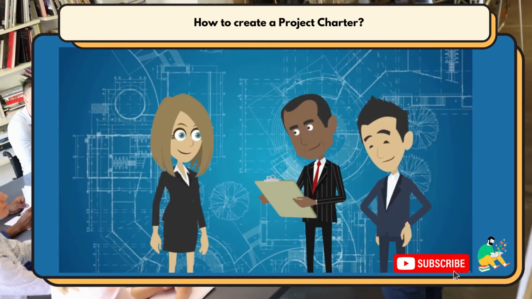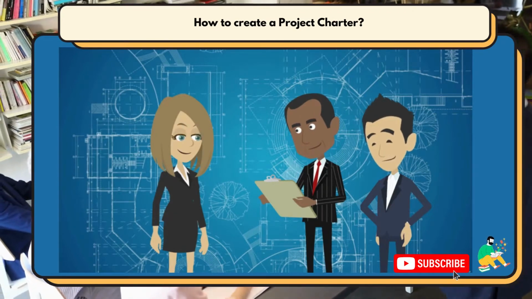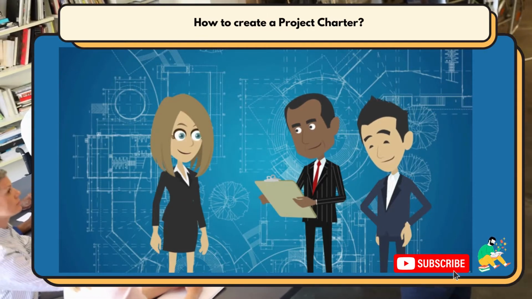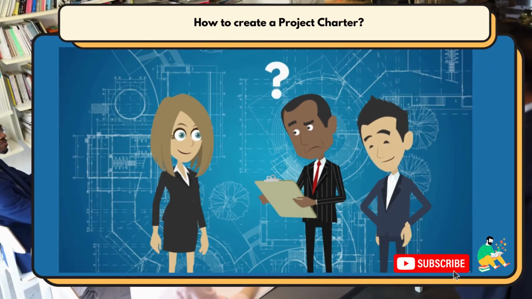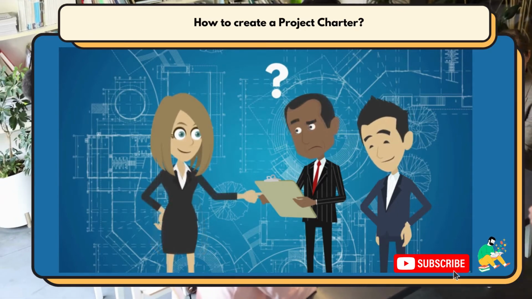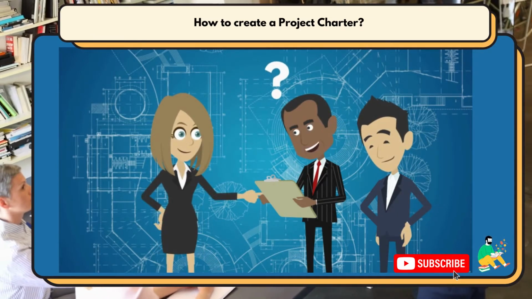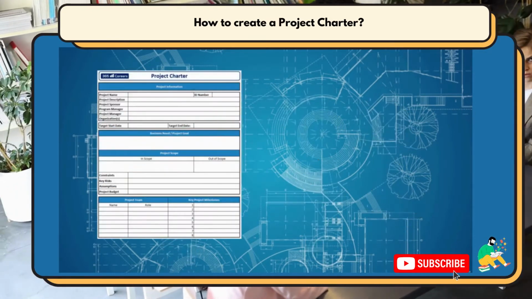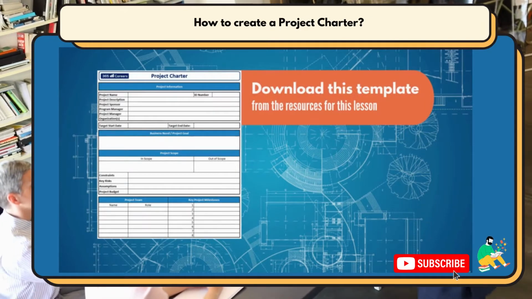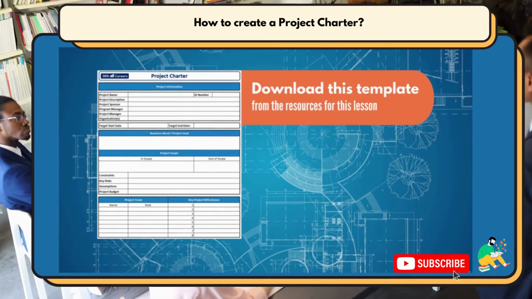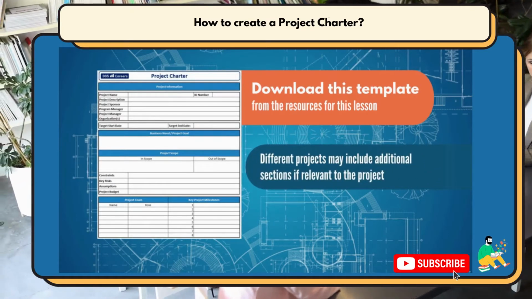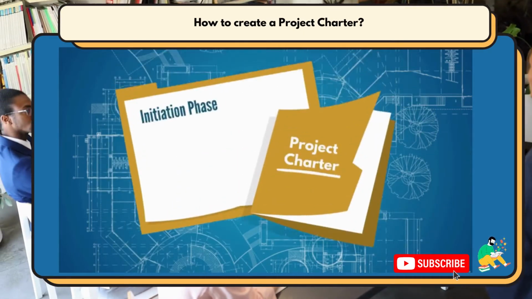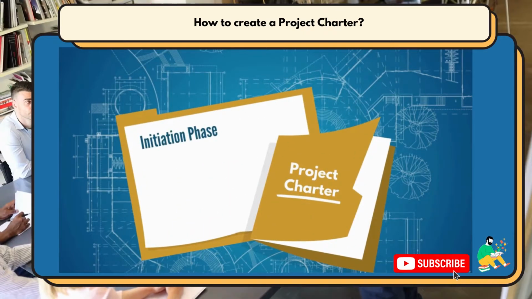What's important when creating a project charter is to not make it too technical. It's for ease of reference, so anyone can look at it, find what they need, and move on. If what they need is more details, the charter will show them exactly where to look. Efficient, right? Here you can find a template. They shouldn't exceed a page or two. And of course, different projects may include additional sections if relevant to the project. However, what I have mentioned is the bread and butter of a project charter.